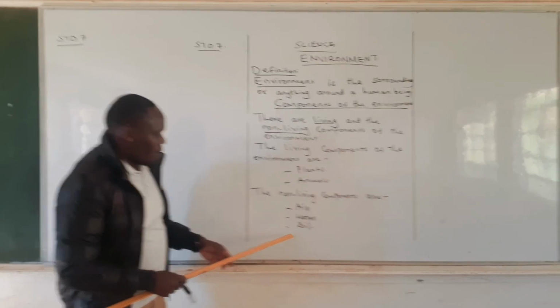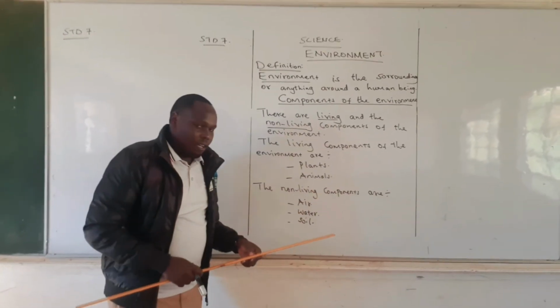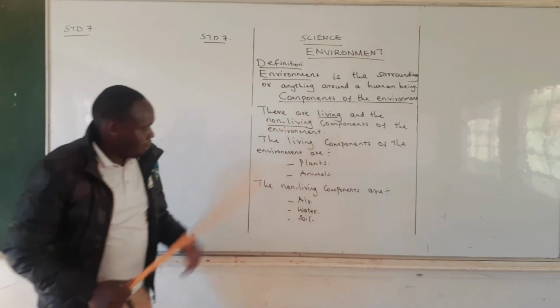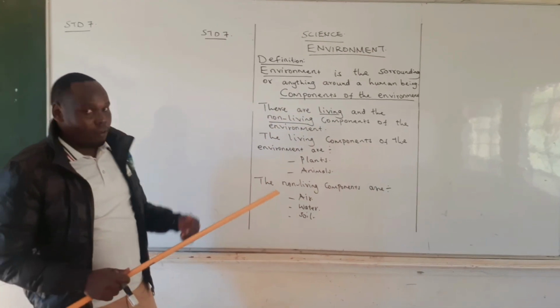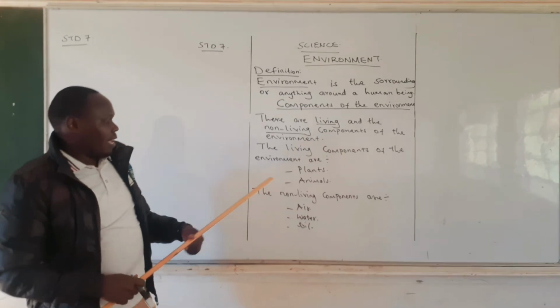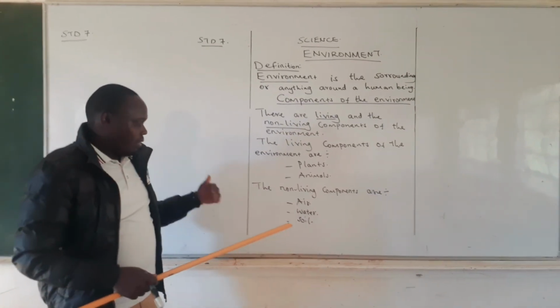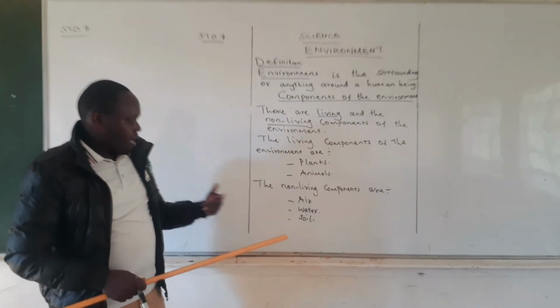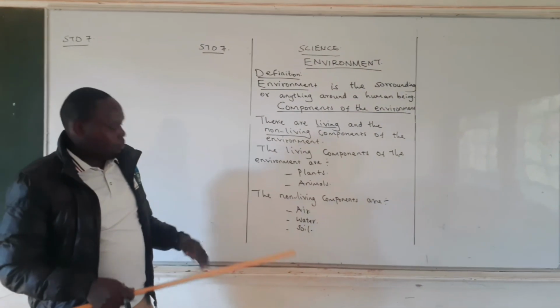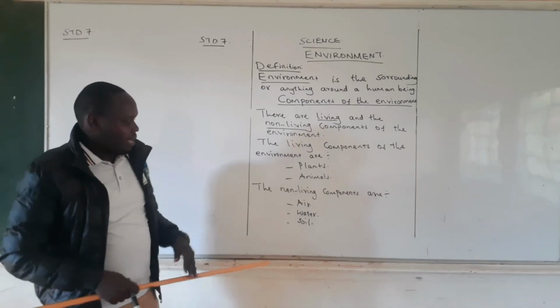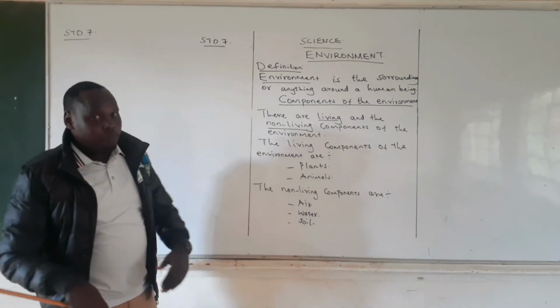And lastly, we have soil. And soil is also one of the major components of the environment which we have already spoken about. It provides home for other animals like the insects which live under the soil. We have like the earthworms which live under the soil. And as these earthworms live under the soil,